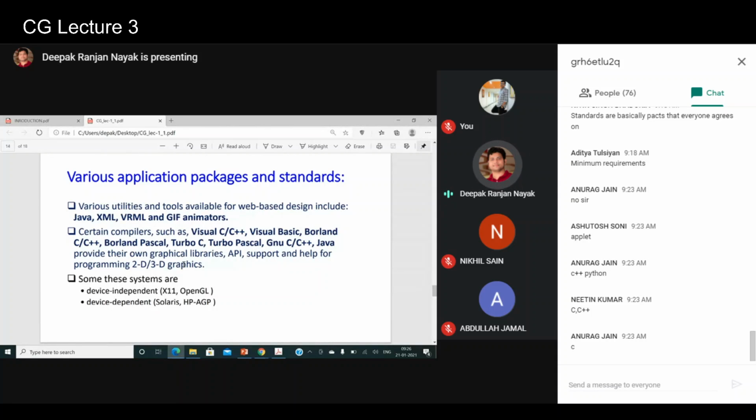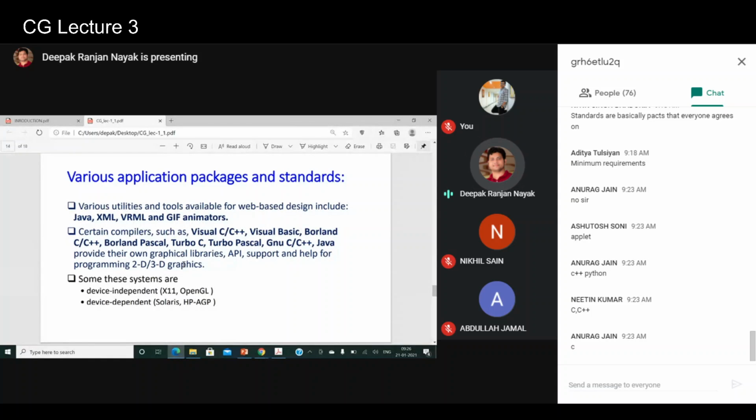There are some graphic systems which are called device independent, and there are some systems which are called device dependent. So who can explain this term, device independent and device dependent? I hope you already know what device independent and device dependent are.